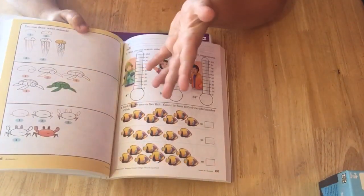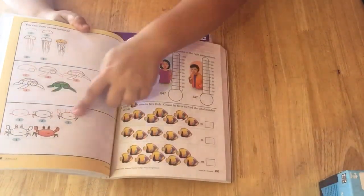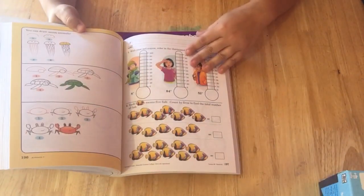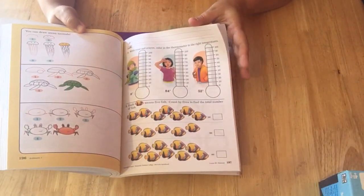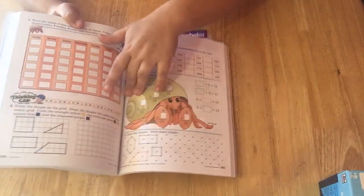So obviously to us, pretty basic. But a first grader, it picks up. I like this. It talks about you can draw ocean animals. It gives you step by step, which my daughter loves to draw. Not a big fan of coloring, but she loves to draw. Also, we've got calendar stuff,